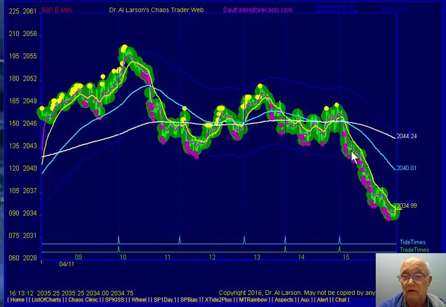And then if you watch, we hit the lower Larson band and just followed it down. The 20 continues down. The 6 crossed the 20 up here, and even at the close had not crossed it to get above it. So this would be a cover on close. So that's a quick look at 1 day's